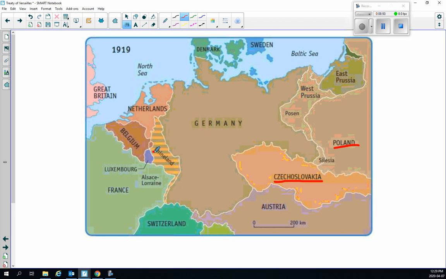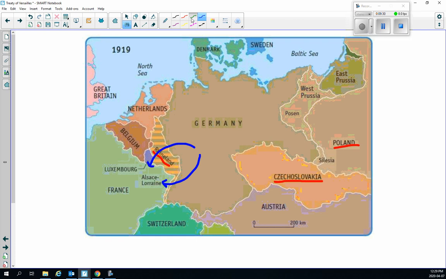Here's the Rhineland that I was talking about. The Rhineland is to be demilitarized. It's a demilitarized zone. So the Rhineland is German soil, but Germany is forbidden to station troops on the Rhineland. The thinking being that if the Rhineland is demilitarized, France is now protected from future German aggression. If Germany goes after France again, they'll first have to go through the Rhineland, which will allow the French time to mobilize their force to fight off the Germans.